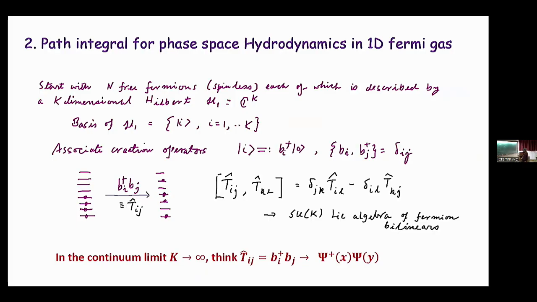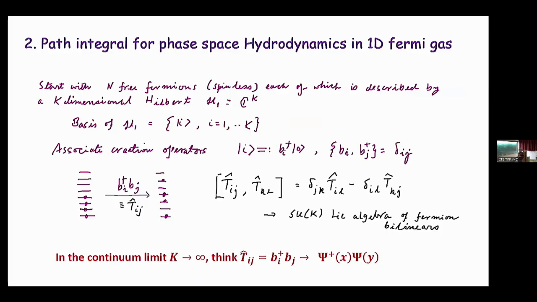And it's easy to see that I'm considering these things as fermionic operators, which satisfy these anti-commutation relations. And it's easy to show that the T_ij, which is defined to be b_i dagger b_j, are simply generators of SU(K). This is a well-known representation of SU(K) in terms of fermionic operators, single fermion oscillators. So in the continuum limit, I'm going to take K to infinity, and you should think of this T_ij